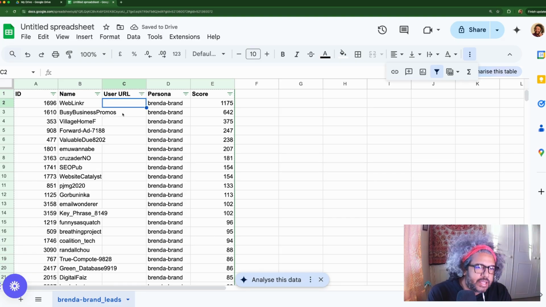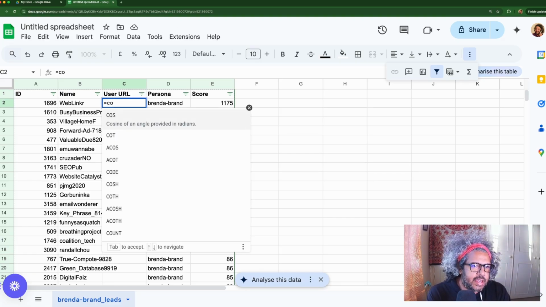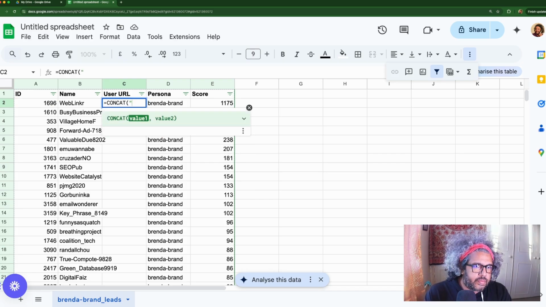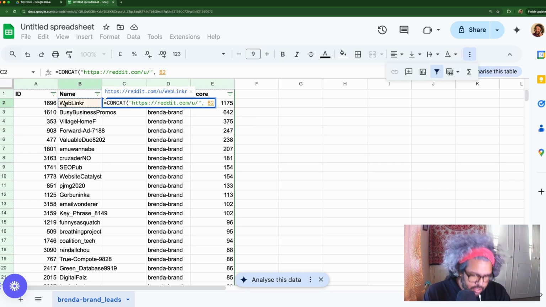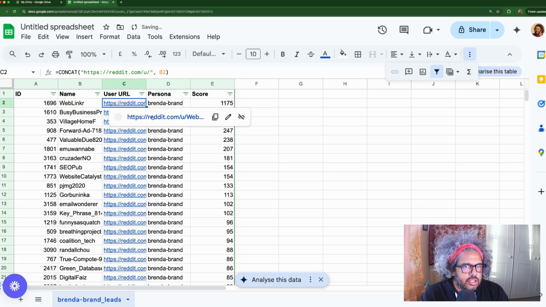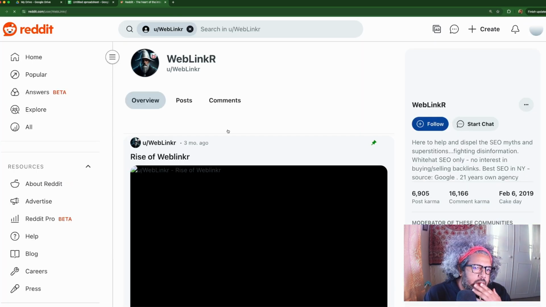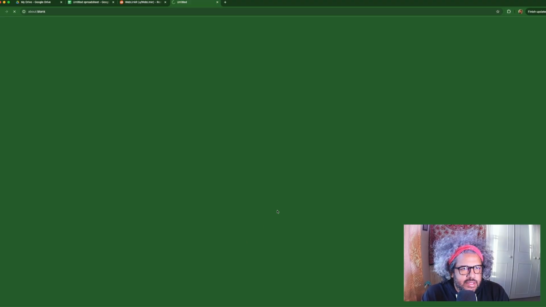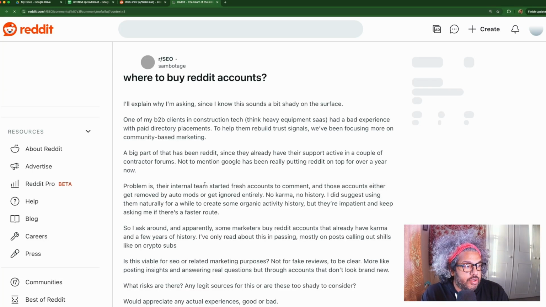And then that way what I can do is concatenate reddit.com/user/ and then the user. Fill all of those in, and I should be able to go straight here. And on their user profile, I can then just go straight in and start replying to things that are relevant to the persona. And that is the end of this